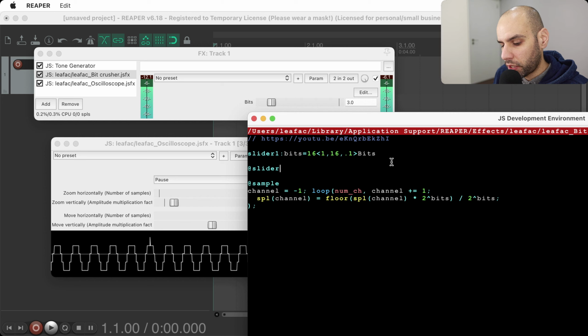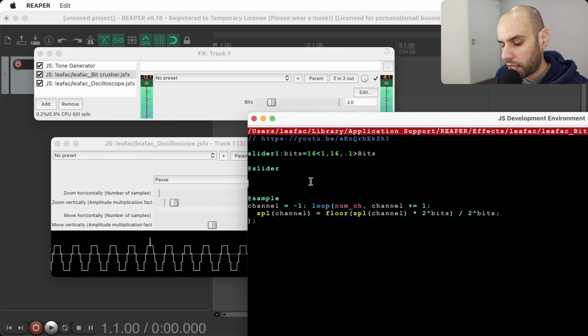So we can come up with a slider section here, and that is because we want to change the number of bits. So we want to make an adjustment to the number of bits. So we want to do some computation here and here as well. And it's kind of annoying to have to do this part, the exponentiation, multiple times, especially now that we have multi-channel support, we're doing this computation a lot of times, but this is actually a constant. So I don't know what to call this. Maybe the bit reduction factor,